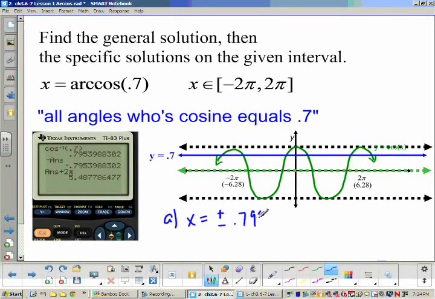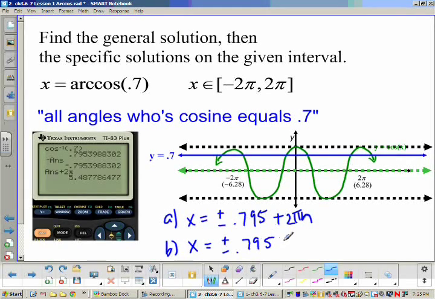We're going to use generally 3 decimal places, plus 2 pi n. All right. That gives us our answer. N again is positive or negative. And now we can find our values on the interval from negative 2 pi to 2 pi. X equals plus and minus